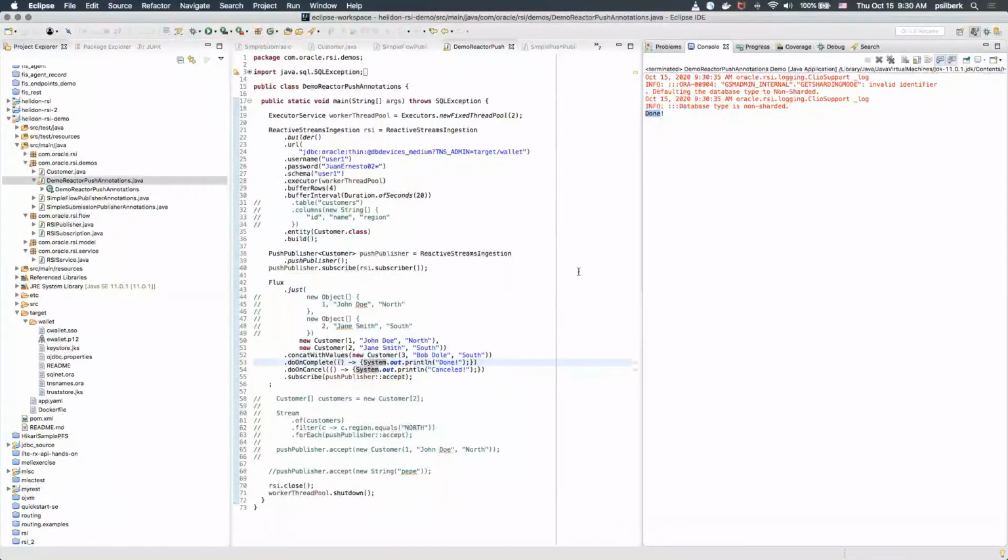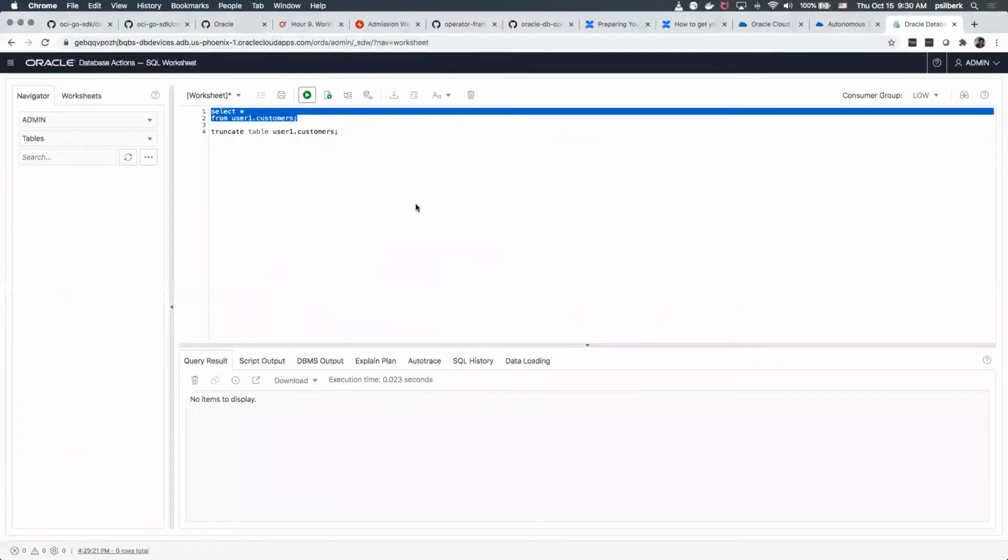The done here is this one, because this is reactive, right? You see on complete, do this, so complete shows done. And the records will be set.